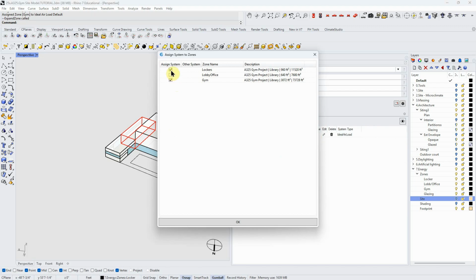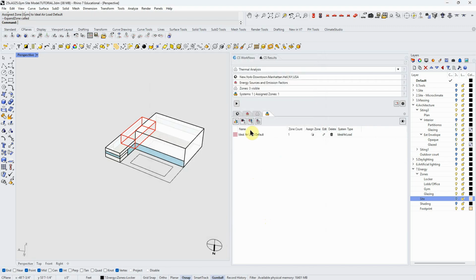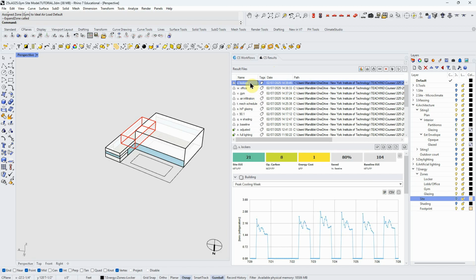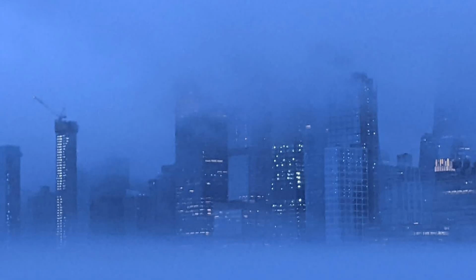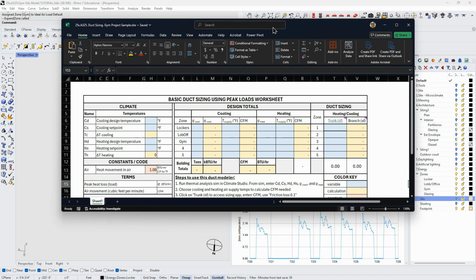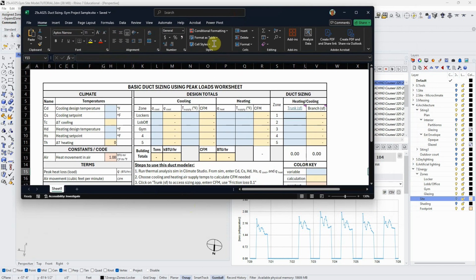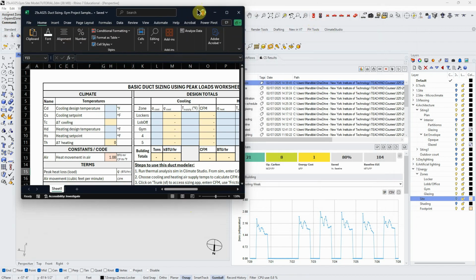So I'm going to start with the gym. And now I can run it. I can run my simulation again. I did that, and by just selecting the mechanical system for each different zone, I get the peak loads for each zone. And these are what I put into my spreadsheet. So I'm going to open up my spreadsheet. This is available, there's a link in the assignment, and also on Canvas in the resources section. So let me actually do this. First, I'm going to